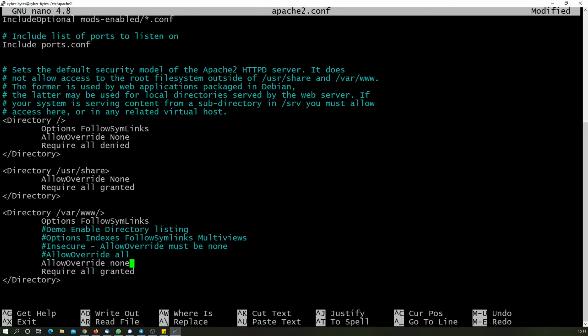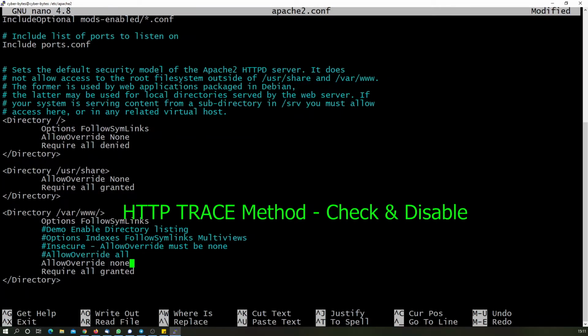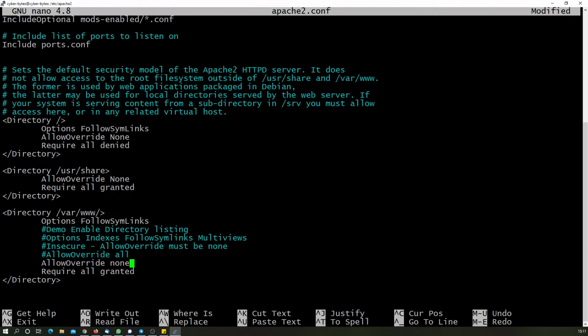Now moving to another security check that we should ensure is in place. So how can we enhance the security of our Apache web server by disabling the HTTP TRACE method. The HTTP TRACE method by nature was intended for diagnostic purposes only. So if this method is enabled on production systems, then it can be maliciously used by attackers, for example for disclosing sensitive information of web applications, internal security headers, along with the reverse proxy details if it is behind a reverse proxy.